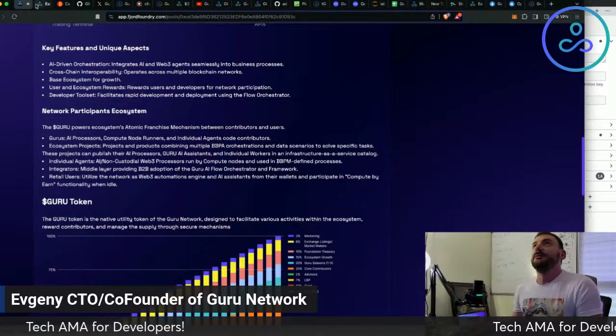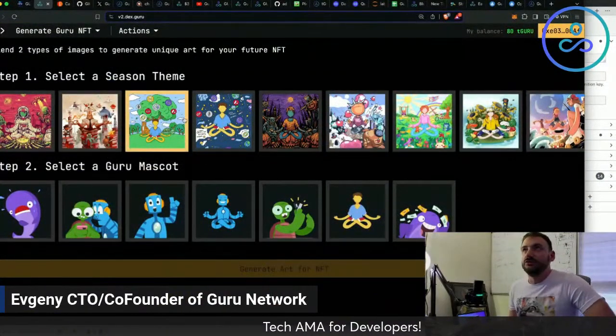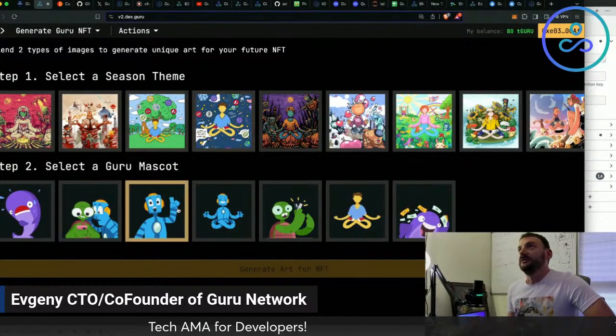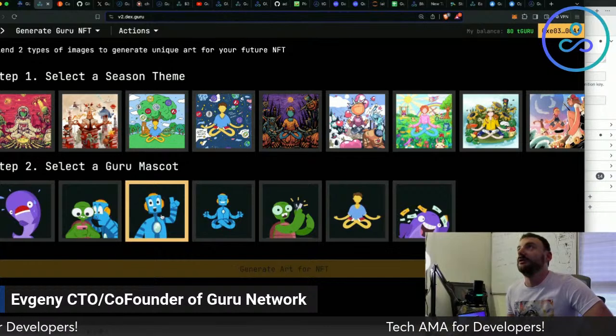And a good example of it, which we implemented, is the season 2 generation interface, and we tried to make it a showcase of our technologies.